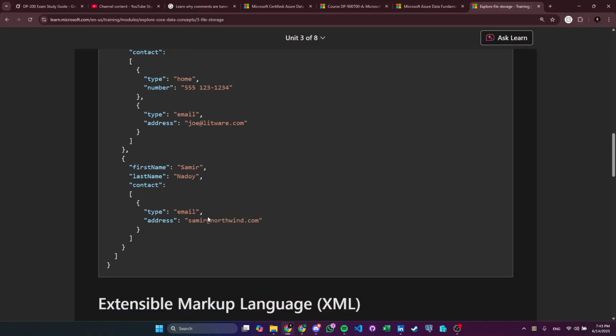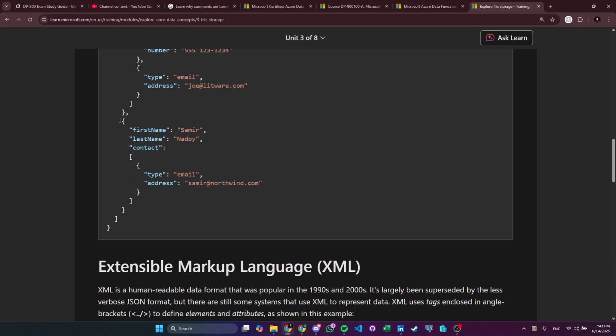Now let's look at the second customer. The second customer has multiple attributes: first name, last name, contact. Contact has one object inside it. Even though we started with the square brackets, it doesn't really matter because it's not separated with a comma. It just represents that it's a sort of an array, which means that it can hold multiple contact information, but here we have only one, which is not separated by any commas.